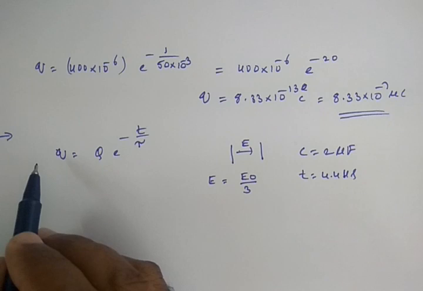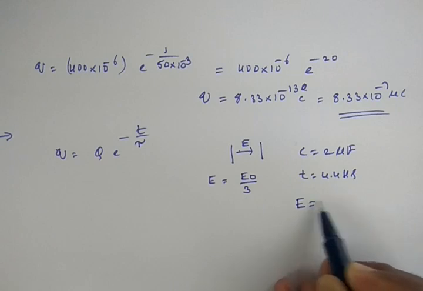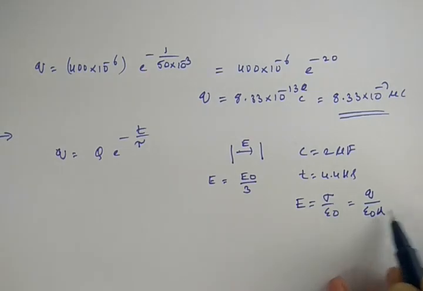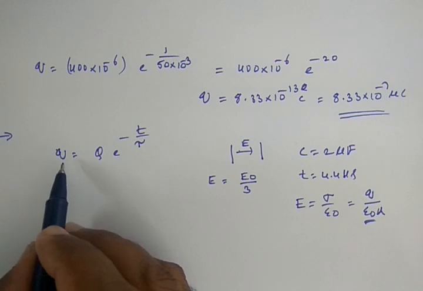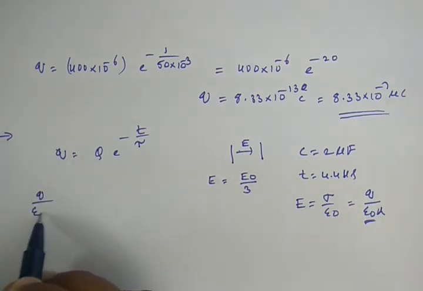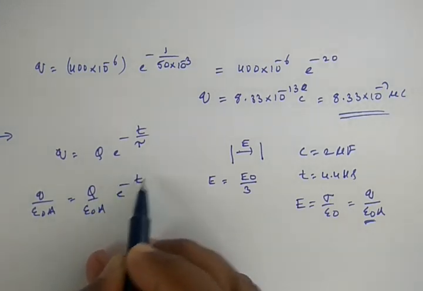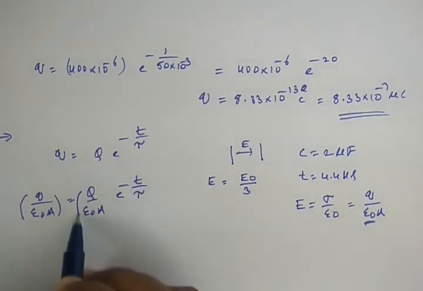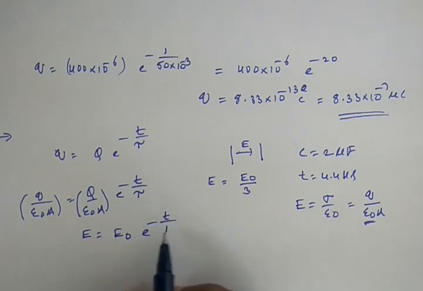So you can use this equation. We know the electric field between two plates of a capacitor is given by E equals sigma by epsilon 0, and sigma is the charge density. You can write that as Q by A. So this is what your electric field is. Now you can multiply this by 1 by epsilon 0 everywhere. So you get Q by epsilon 0 A equals Q0 by epsilon 0 A into e power minus t by T. And now this will be your electric field at time t, and that will be your maximum electric field. So you can write E equals E0 into e power minus t by T.